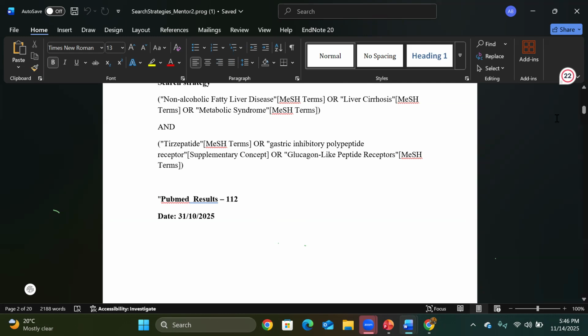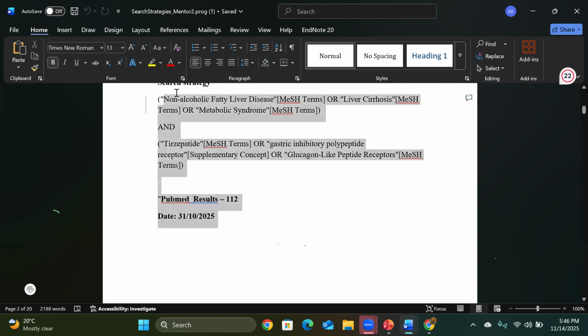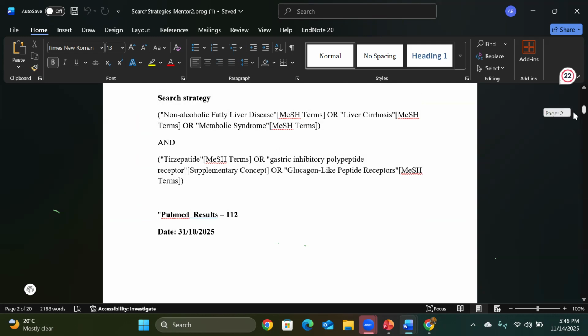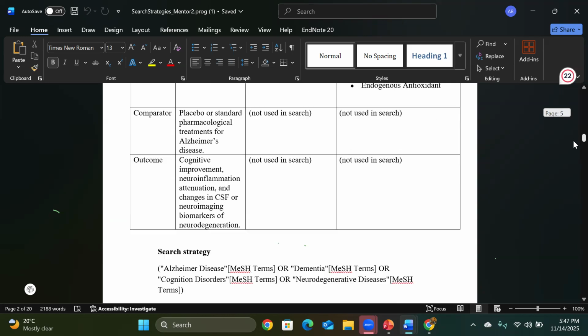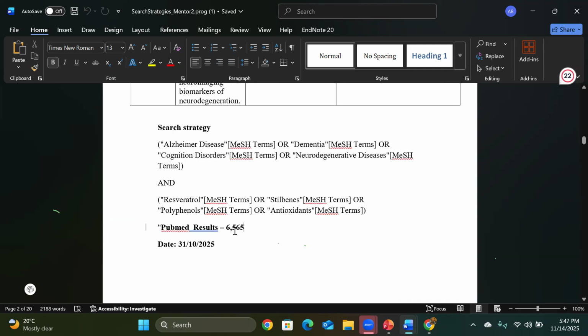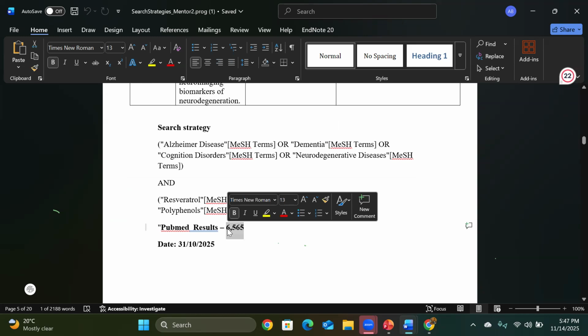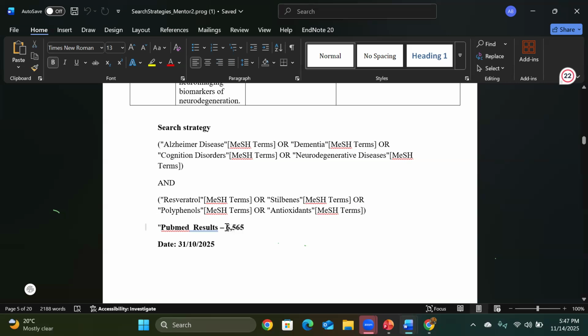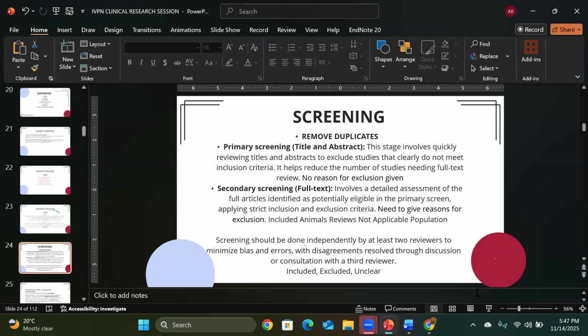But sometimes this happens. For this study, I will ask you guys that all the members should separately do the primary screening. But sometimes this happens, like this one. It has around 7,000 articles, 6,500 articles. So it is not possible for all the members to separately go through these 7,000 articles. That would make the process so slow. So what we can do is divide it. One person would be going through 1,000 articles, and the other person would be going through the next 1,000 articles, and then we will be doing the primary screening step. I will show you guys how we will do it, okay?